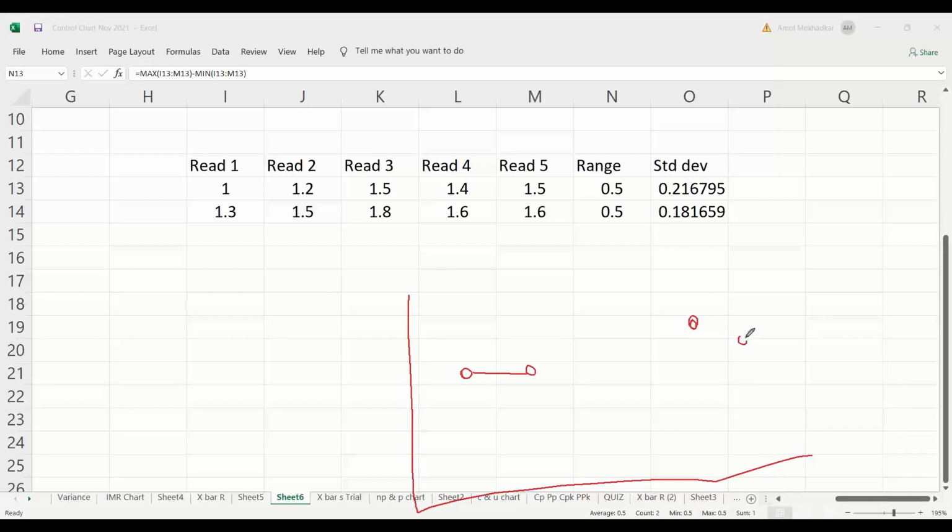will get at 0.18. This will tell you how much variation is there within the subgroup. Within the subgroup, how much variation is there, that you will come to know through this. Between the subgroups, you will compare and you will know that yes, in this particular subgroup the variation was more. Range was same, but variation was more. What is the reason behind that?